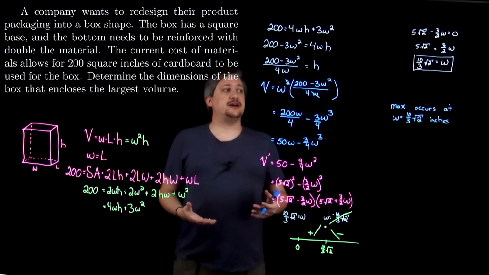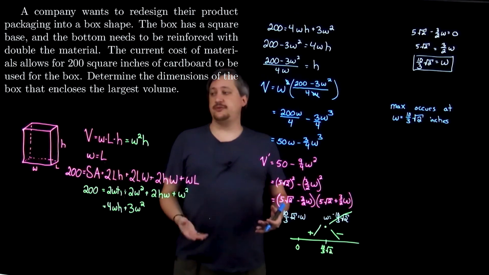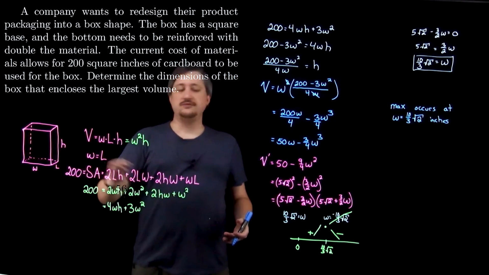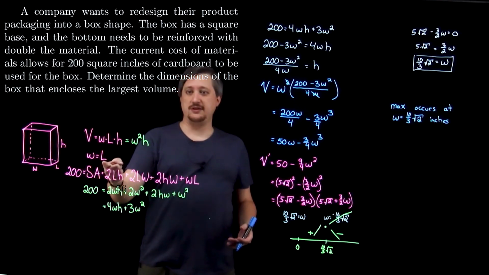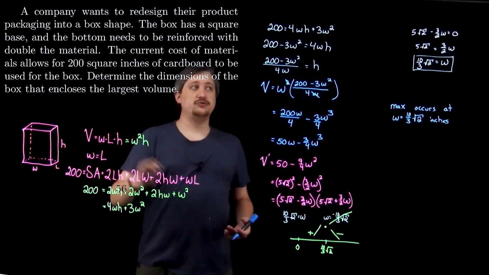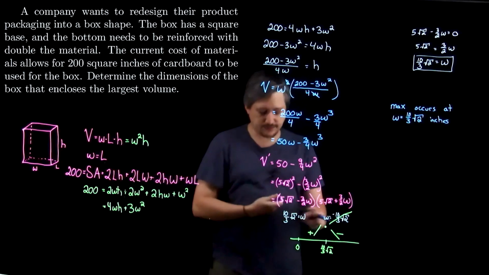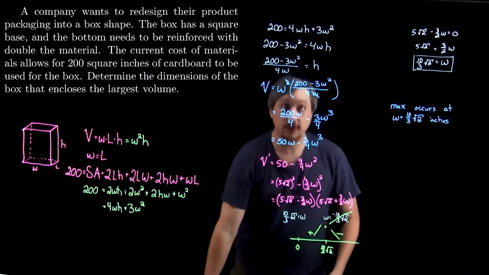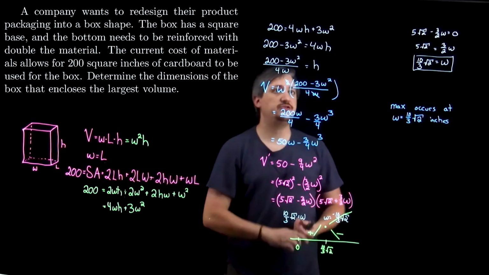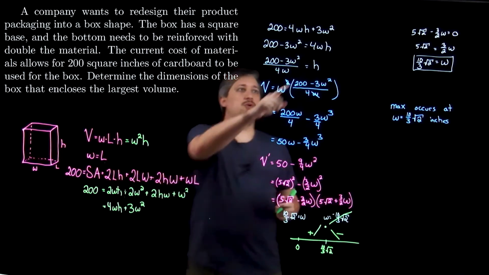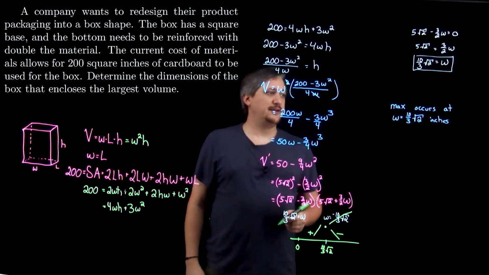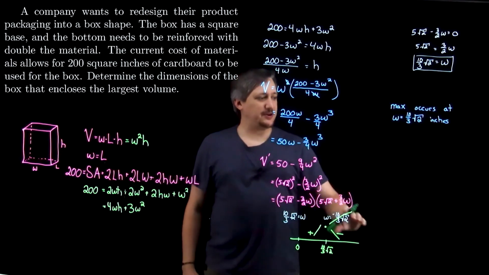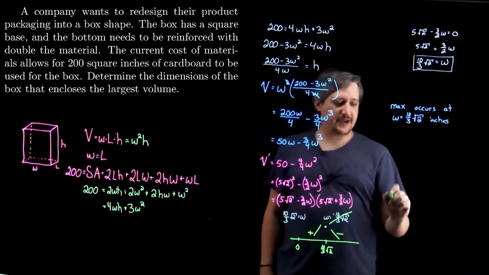And then I need to actually calculate what h is, right? Because w is L, so I know that I have w. Since I have w, I have L. So all I have left then is h. But I solved for h up here. So I can, let's use green again, why not? So I'm just going to do this part off to the side somewhere. I want to do it there, but I want to have the answer there. Maybe I'll do it down below. So my h